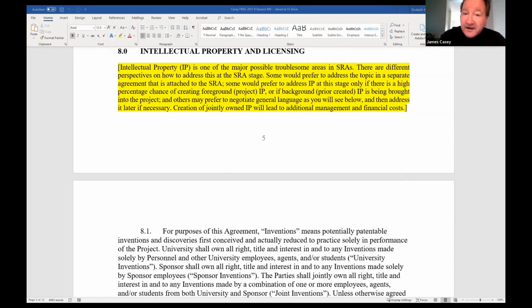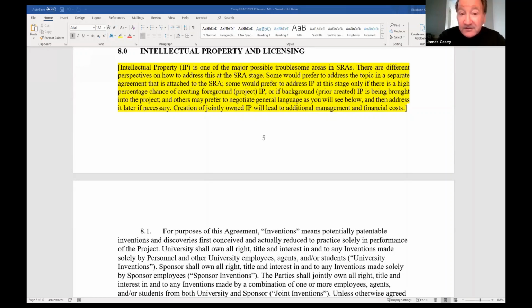And so I talked to the faculty, and I'd say, well, what's the chance you would have patentable material coming from this scientific research? And while I sometimes ask them, is it a 10% chance, is it 5%, is it 0, is it 50%, what you're trying to do is get a good gauge of whether it is worth at this point to spend the extra time negotiating IP clauses within a standard sponsored research agreement.